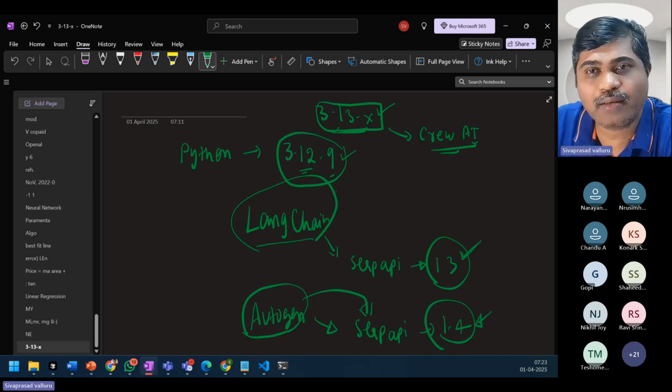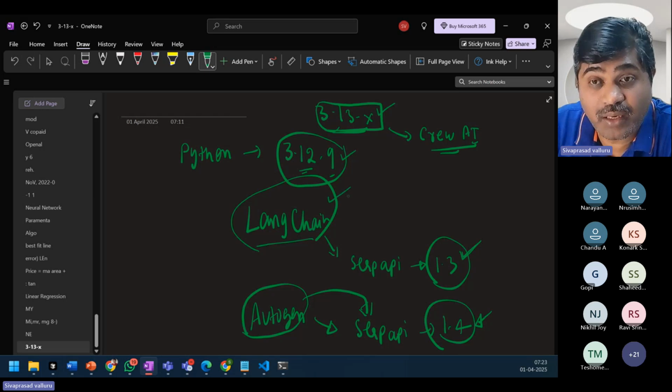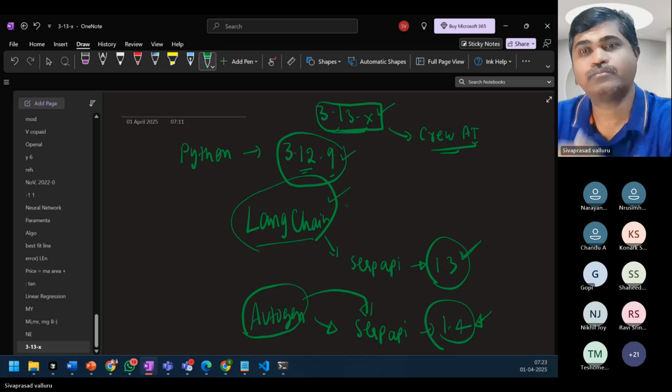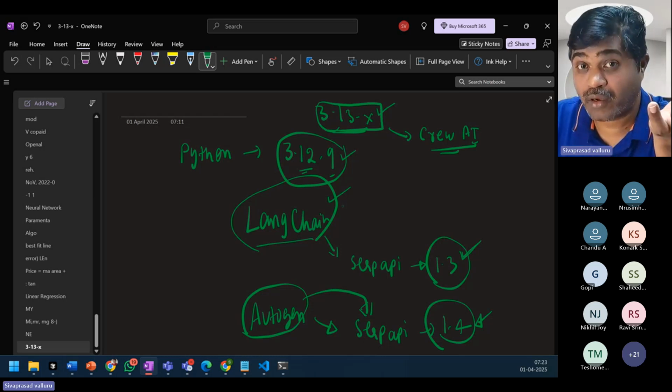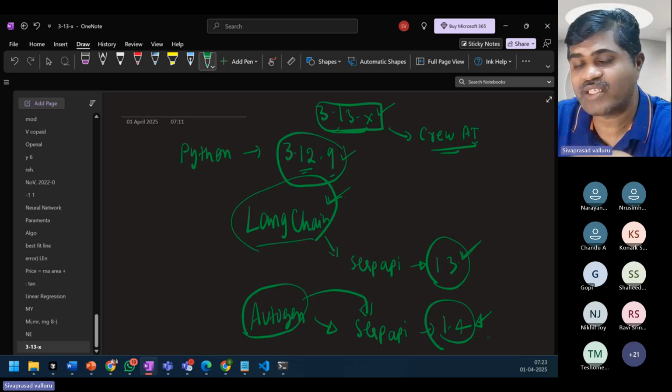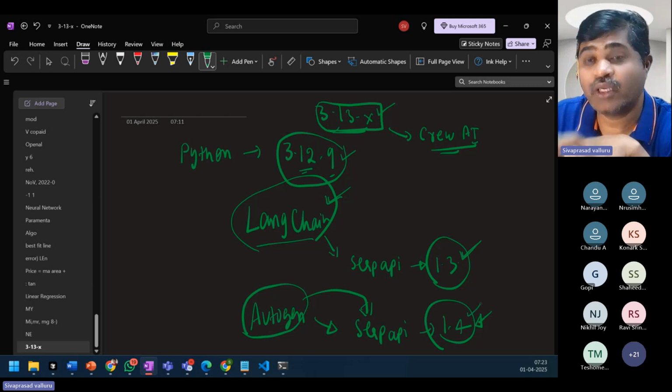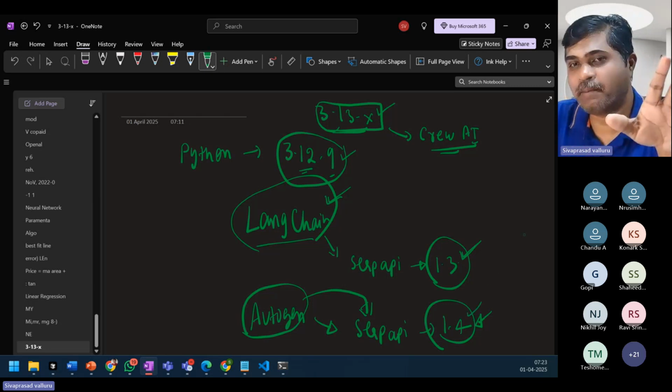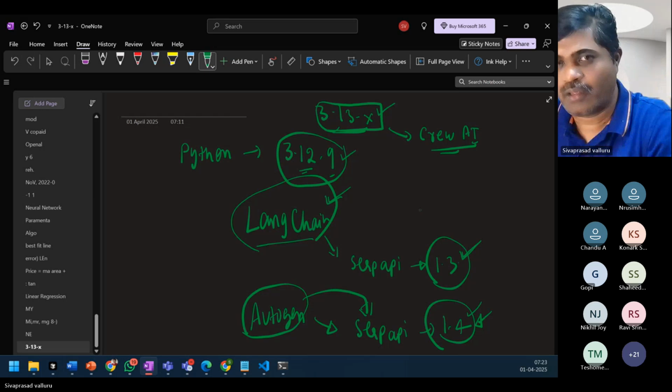If I run this LangChain application, do you think it will run now? It may not run because this requires 1.3, whereas right now the current version installed on your machine is 1.4. There might be incompatibilities, right?